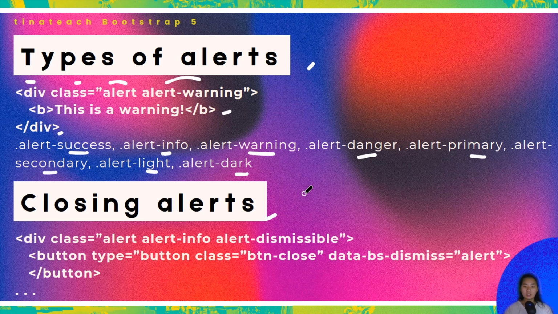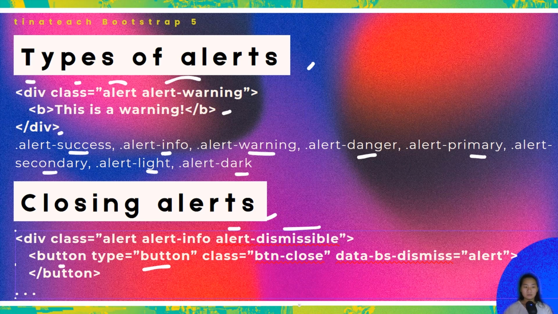Moving on to closing alert. Closing alert is made possible by using a tag called alert dismissible. Okay, very simply, dismissible means that you can dismiss the alert or you can close it. Okay, we start with a button type button. So I have a little bit of a typo here. I'm just gonna put, yeah, I was missing that. And then class is button close. Data BS dismiss alert. Okay, what this means is our alert comes off as a button